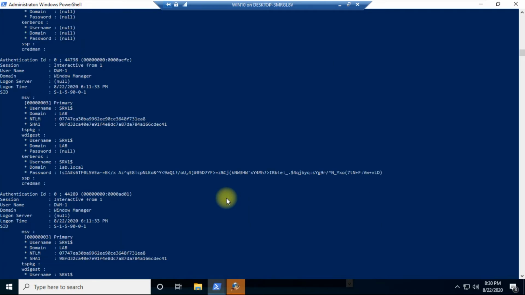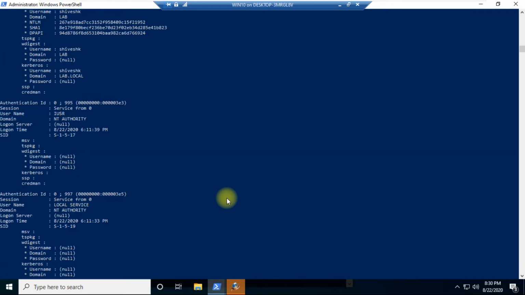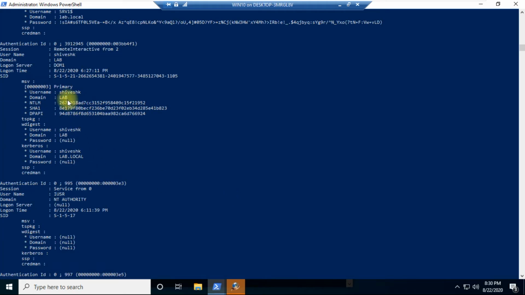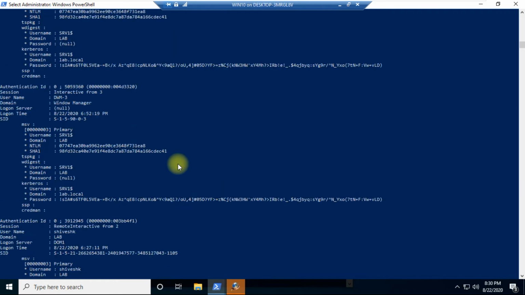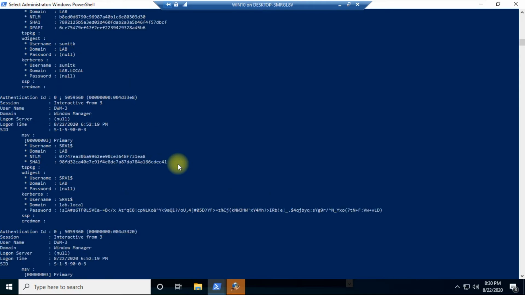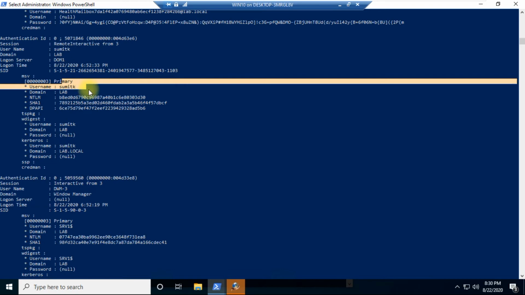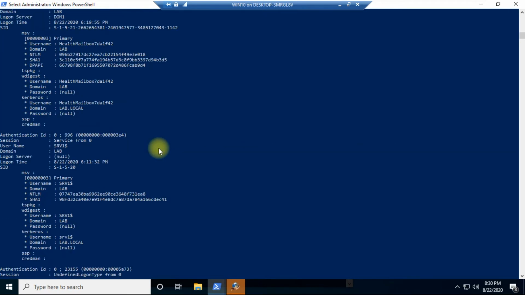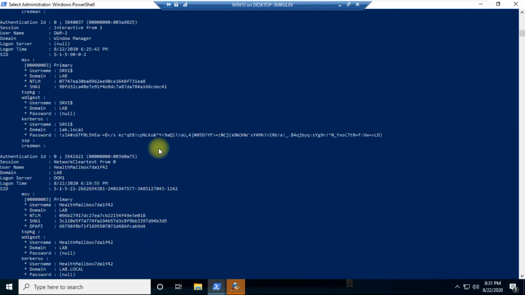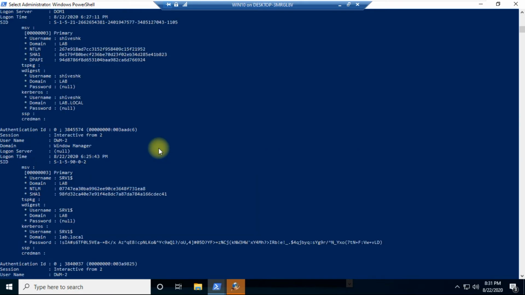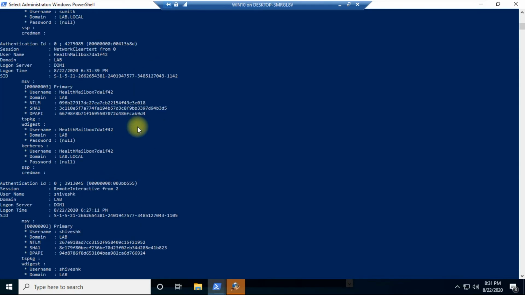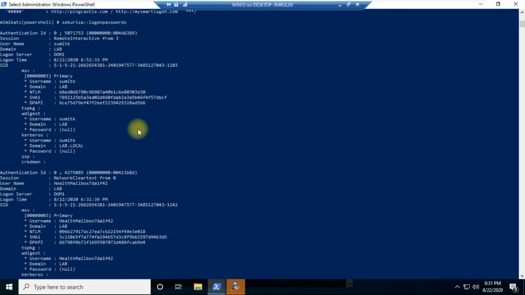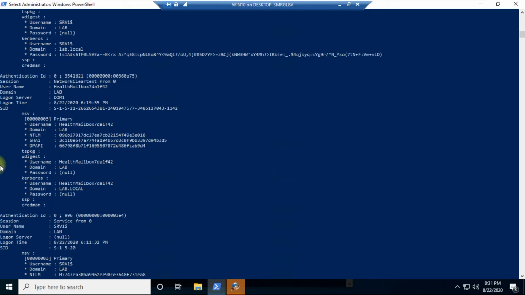So we simply have to consider the users. Is there any user present? I can see that Shivesh is one of the users whose hash we can get very easily. Other than that, we try to search around for other things. Sumit we also have. Rest, I think only the user itself. Shivesh once again, and not much. So over here we considered only the Shivesh hash. Okay, we simply have to come out of it.